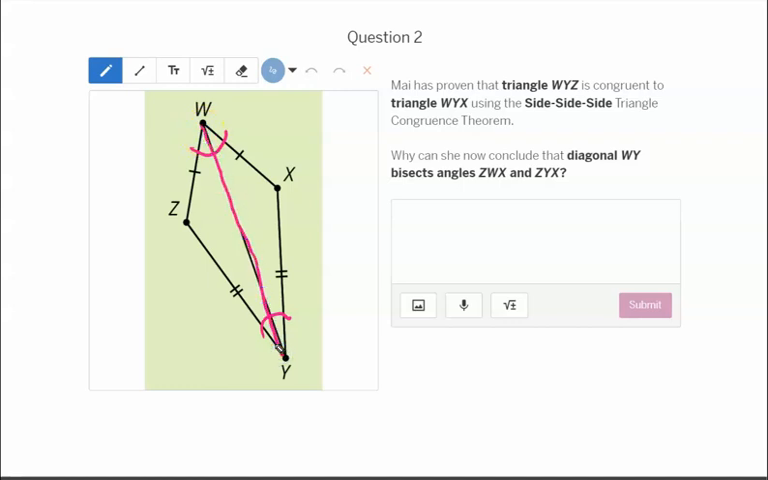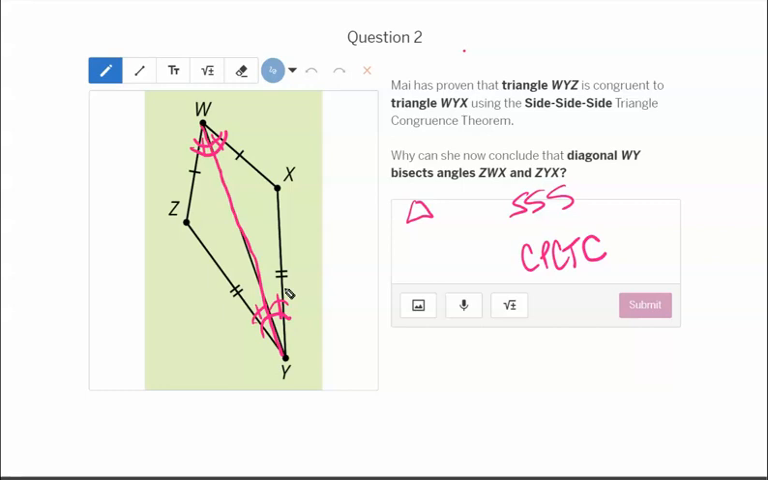And the way we conclude that is, since we know that both triangles are congruent by the SAS or SSS theorem, we also know that we can use CPCTC, because once you prove the triangles are congruent, you can always use this, congruent parts of congruent triangles are congruent, to say that a specific part of one triangle is congruent to another part. So if I know that this is congruent to this, and this is congruent to this, then that means WY has to bisect